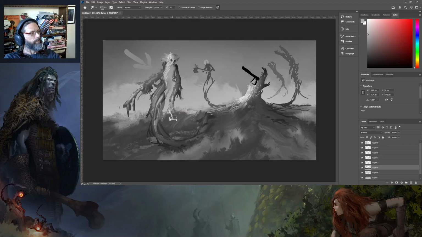I did lose that finger of his with my latest smudge, so we'll give him another finger. There we go. My smudges are getting a bit out of control, but I hardly ever undo, I just keep smudging. And we're losing his beard here as well, but we'll have to